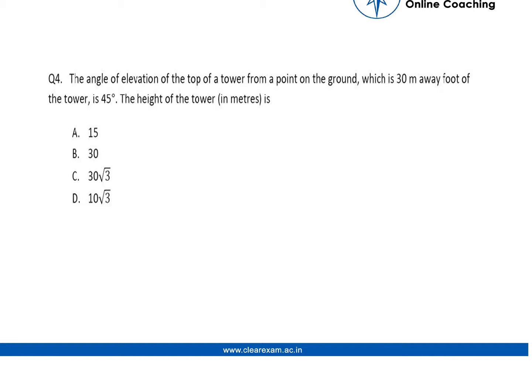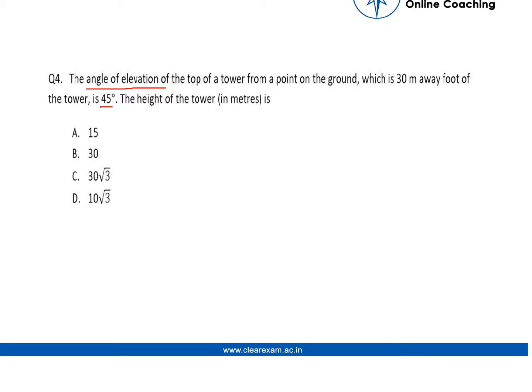Hi guys, so the question is: the angle of elevation of the top of a tower from a point on the ground, which is 30 meter away from the foot of the tower, is 45 degree. The height of the tower in meters is? So now in the question we are given the angle of elevation, which is 45 degree, and also the